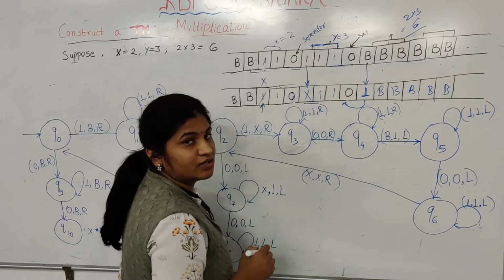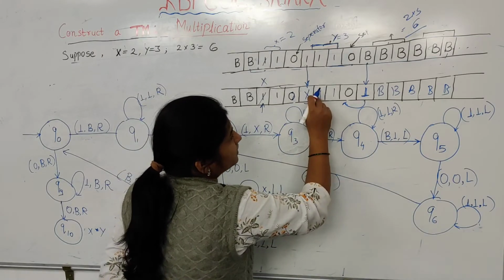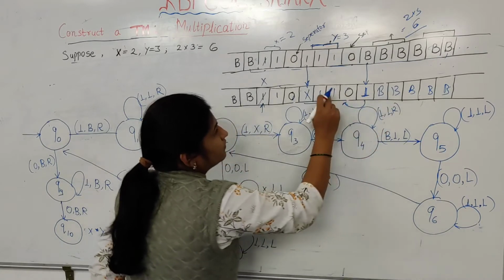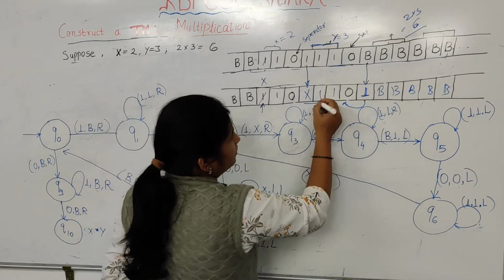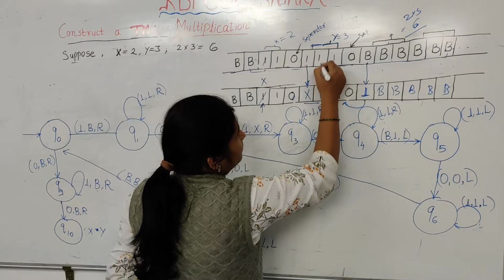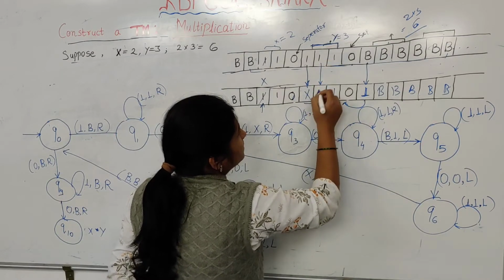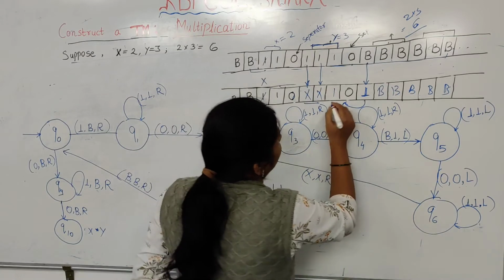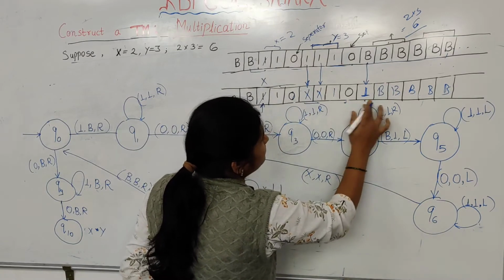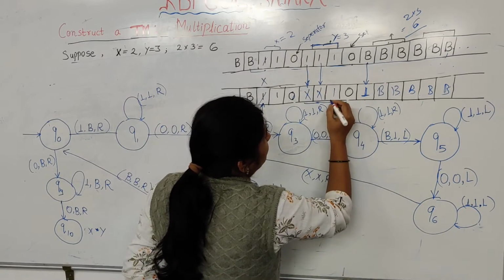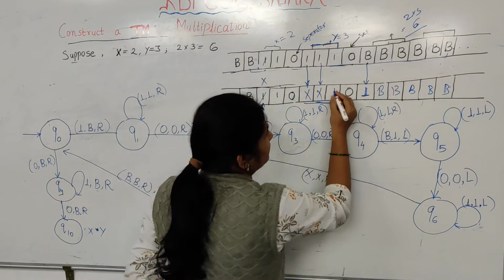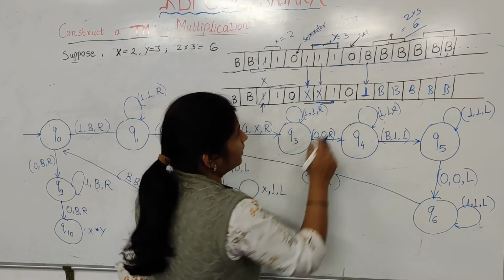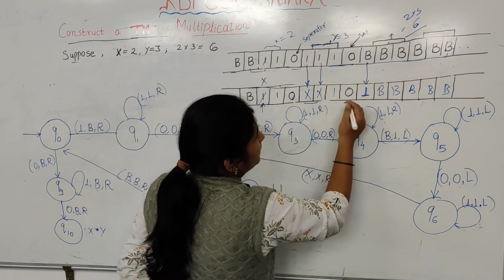You have to move towards the right direction. Because for this one, we have to change this b. For this one we have to change this corresponding b. So when we encounter this one, we will change this one into x. Then we will move towards the right, then move left, okay, move right, and when we get 1, ignore it. Again move to the right.